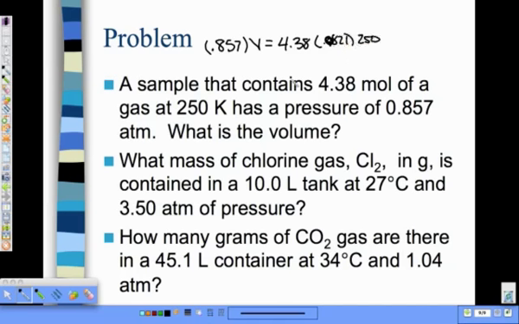So we're going to look at the volume. And V equals